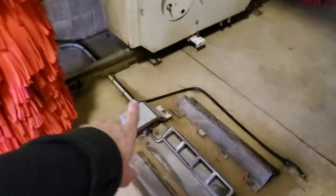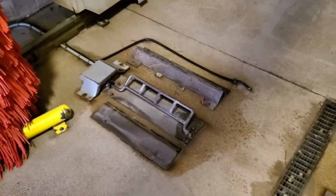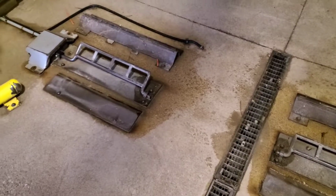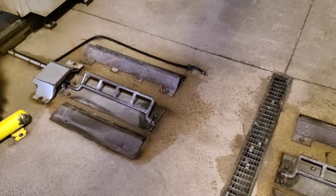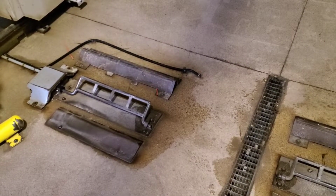So all it needs to activate the wash is just to push this one treadle down and that'll start the car wash. And I'm not worried about having them both functional because customers don't use this car wash. I run them in myself, so I'm not worried about someone driving their motorcycle in here and trying to wash